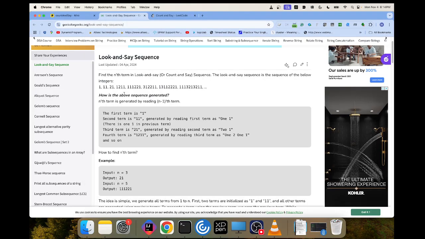Hi guys, in this session we will discuss the problem Look and Say Sequence. Suppose we say this one, how many times is one? One is one time. This is the output you have to give. Suppose you take this as an input, what do you have to return? How many times is one,